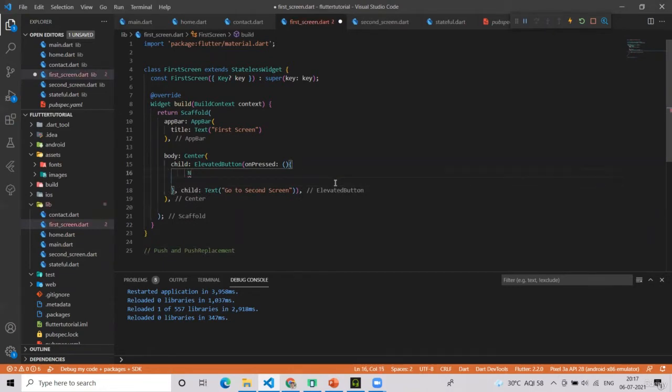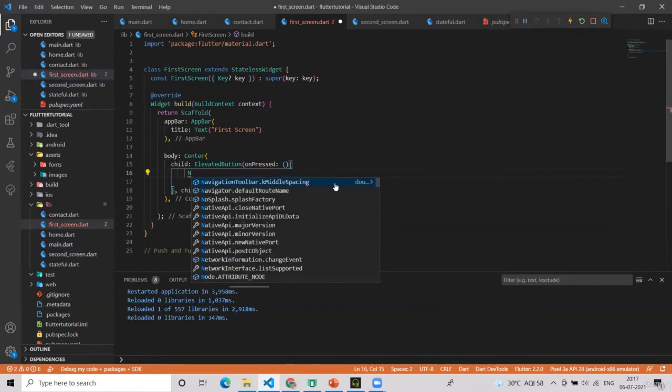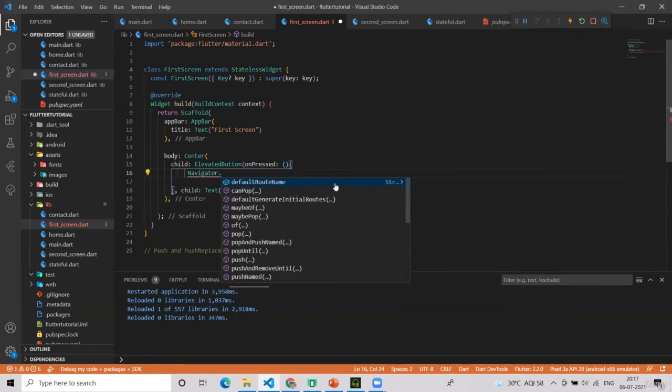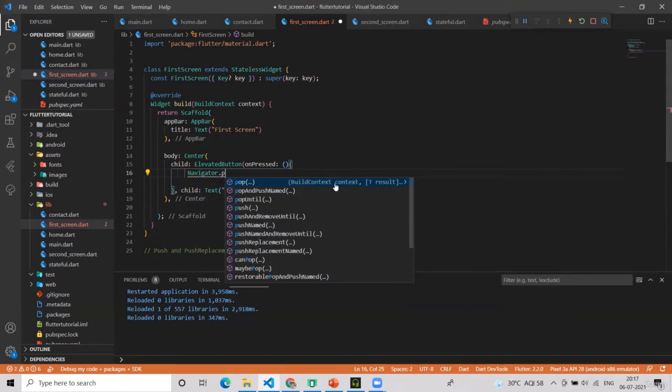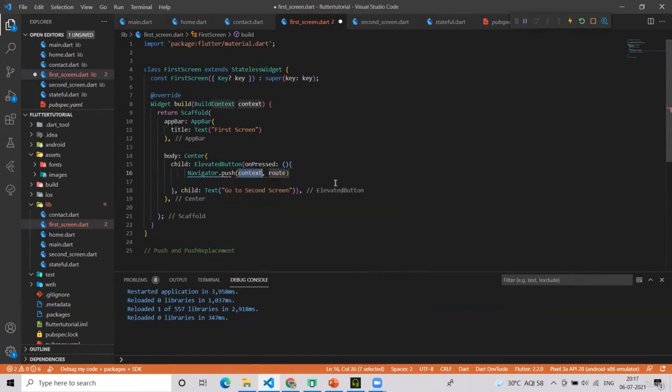We have to use the push, but the syntax you have to remember is, first is navigator dot, then see there are so many options, push, pop, push replacement. So we will be using push. Then here you will see it accepts two things.